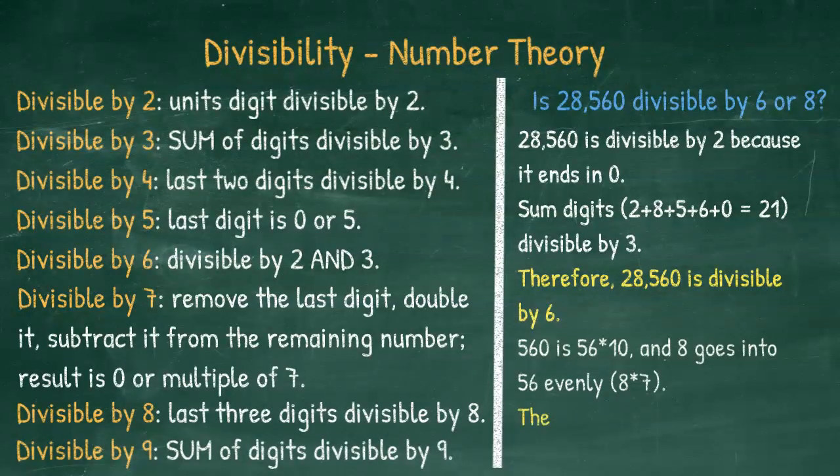Now, let's look at 8. 560 is 56 times 10, and 8 goes into 56 evenly. It's 8 times 7. Therefore, it's divisible by